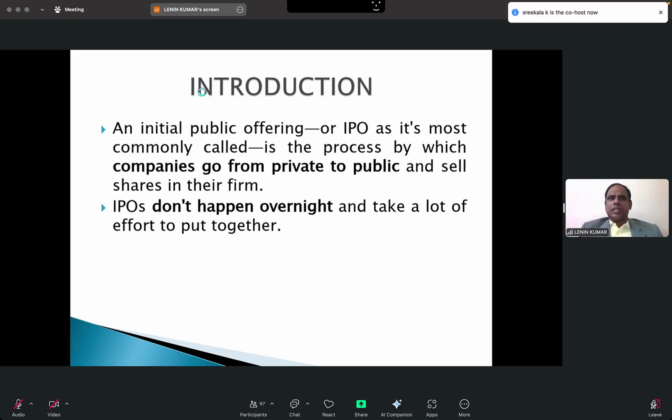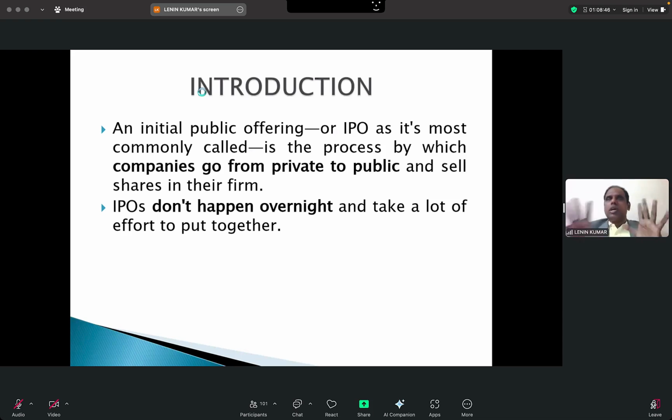Say, for example, in the case of the Dubai Financial Market, if you start a new business in Dubai tomorrow, the next day itself you cannot go and list your shares in DFM or Abu Dhabi Stock Exchange or even in Nasdaq. It is not possible. You want to show your progress and profit for 3 continuous years. Once the third year is completed, from the fourth year onwards you can list your shares in the stock market, that is, the Dubai Financial Market. When your company is listed, the public will automatically start buying your company's shares. So this is the normal procedure.